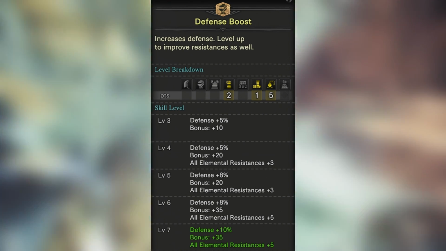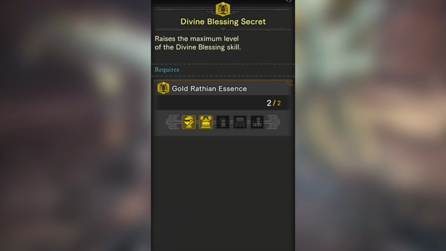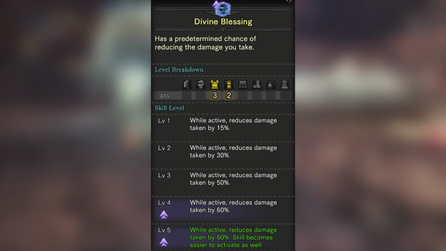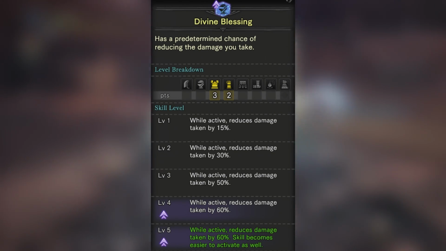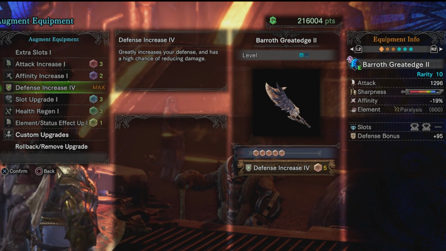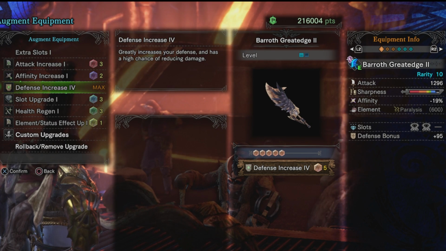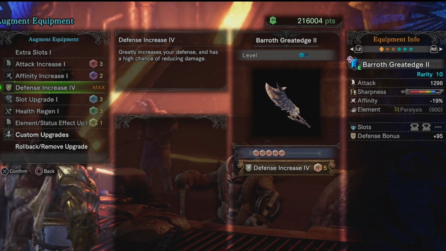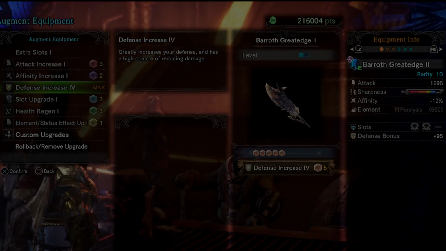Then we have the new Rathian 2 set. This lets you have Divine Blessing up to rank 5. That is a 60% reduction in damage that triggers basically constantly, on top of the new augment system letting you go to a level 4 defensive augment, which gives you a separate, independent, high activation Divine Blessing that can happen instead of the Rathian one, or on top of it, adding their reductions together, making hits, well,